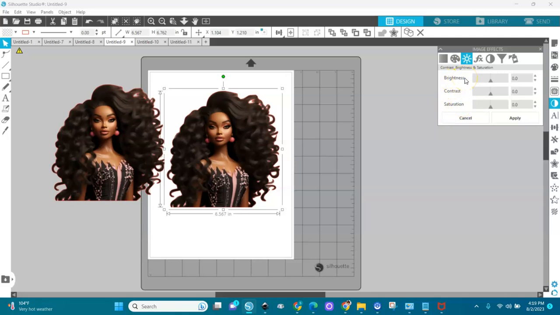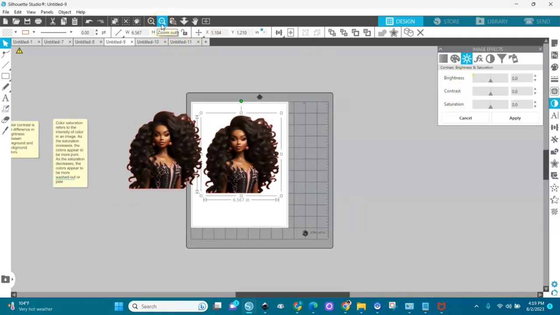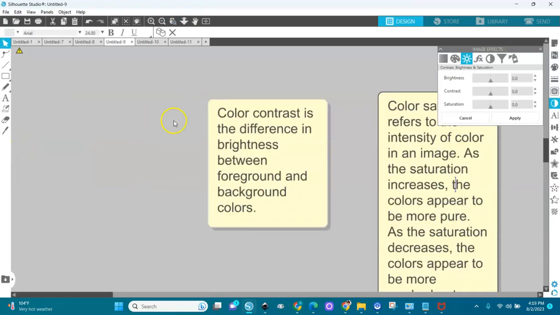Brightness, we know that brightness is to make something brighter. If it's dark, you make it brighter. That's what the brightness is for. And for contrast, I went online and found some definition. Color contrast is the difference in brightness between foreground and background colors. So that's the contrast, okay? And saturation,